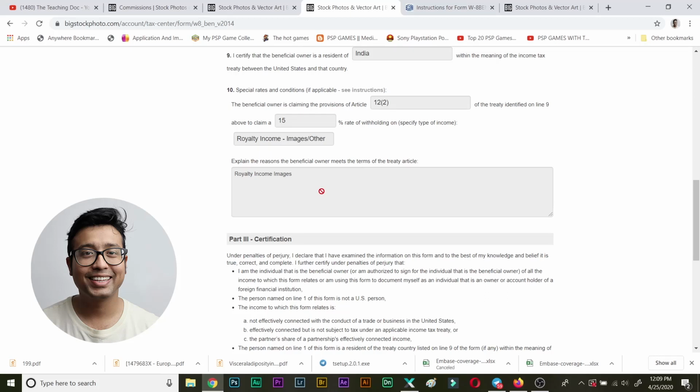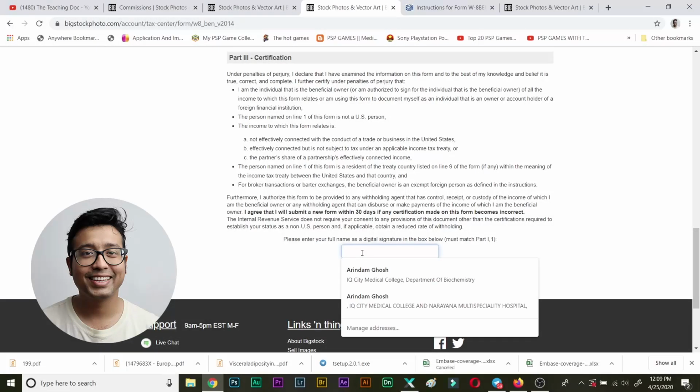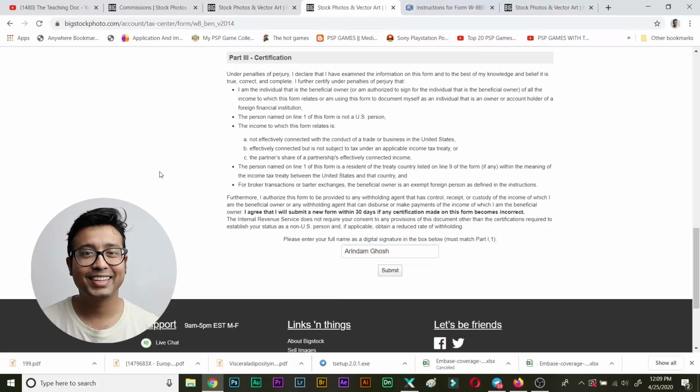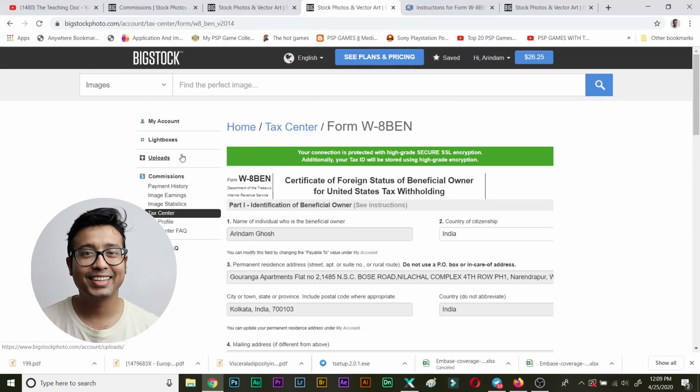You can write anything, you can write income from photography, you can write commission from Bigstock, anything you want. But this has been approved, so you can write this one, royalty income images. The next part 3, you need to write your name. This is the digital signature, so I will simply write my name and then you need to click on submit. I will not submit because I have already filled up the tax form and it is already approved. So I hope you got the instruction. Those are very simple, and I hope now you will be able to easily fill up the tax form.